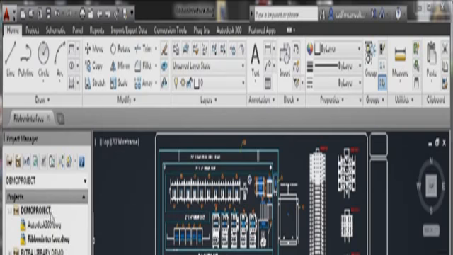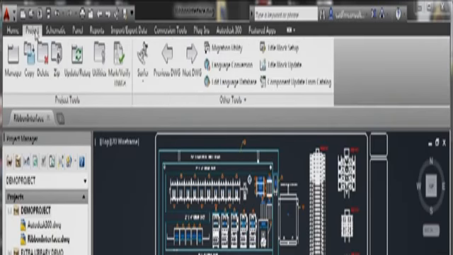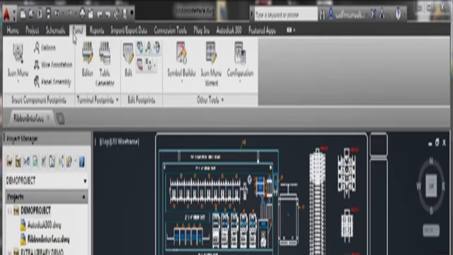And what we're going to do is go straight up to the top of the screen, and if I hover over the panels on the ribbon, you can see that they highlight. What you've also got at the top of the ribbon is your tabs. So you'll notice there, project, schematic, panel, and so on. Now they don't have to display as panels. If you go along the tabs at the top, just here, I can click on the little flyout menu